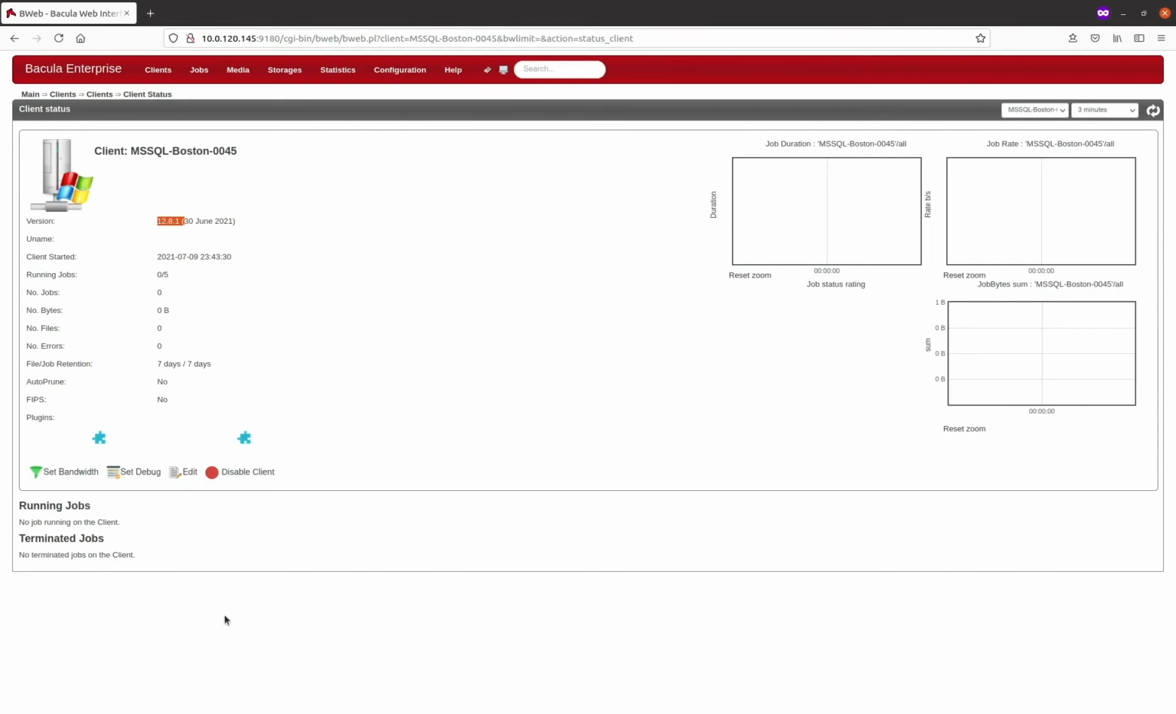Then if we go back to BWeb, we click on Relink for this FD, and we see that now, here, we have the MSSQL file daemon plugin, which is the VDI plugin. And that concludes this